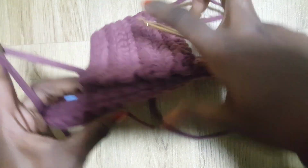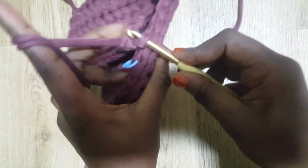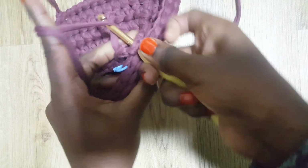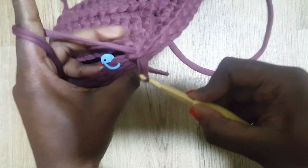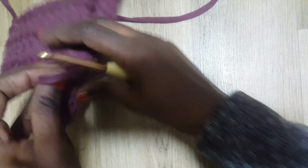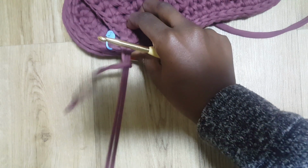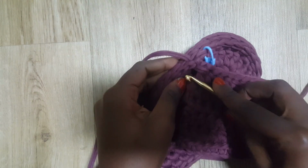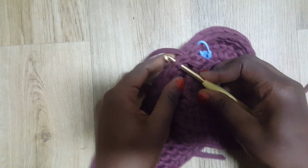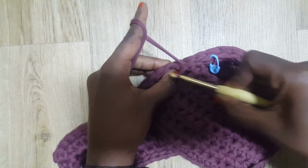And what I'm going to do again, I'm going to go under that first stitch, right? I'm gonna grab some yarn and pull that yarn through. So I'm kind of like mimicking sewing, but with a crochet hook. Okay, so now I'm going to go into the next stitch, this one. I'm going to grab some yarn, pass it through that stitch,